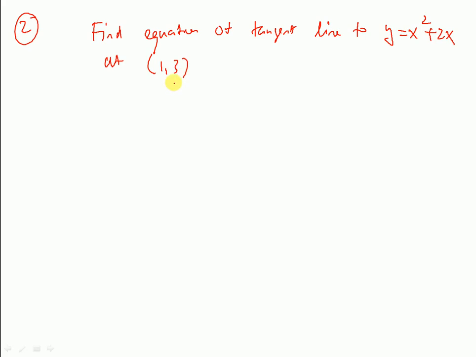Okay, second question. You want to find the equation of a tangent line. So find the equation of the tangent line to y equals x squared plus 2x at the point (1, 3). Remember, we need what? y minus y0 equals m times (x minus x0). So this is x0, this is y0, right? All we need is the slope m, and m is the f prime of x, or if we use the